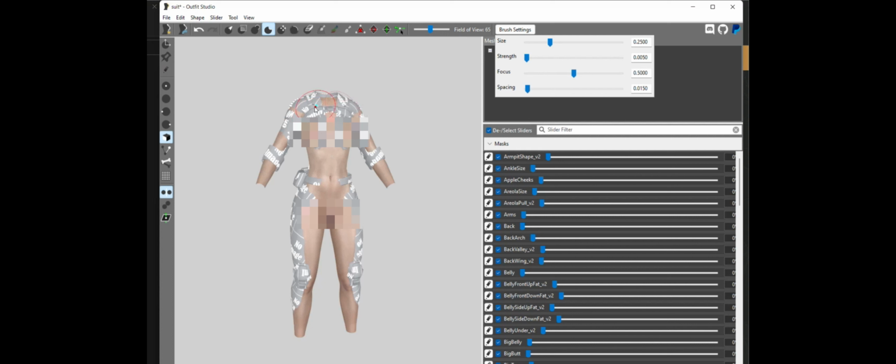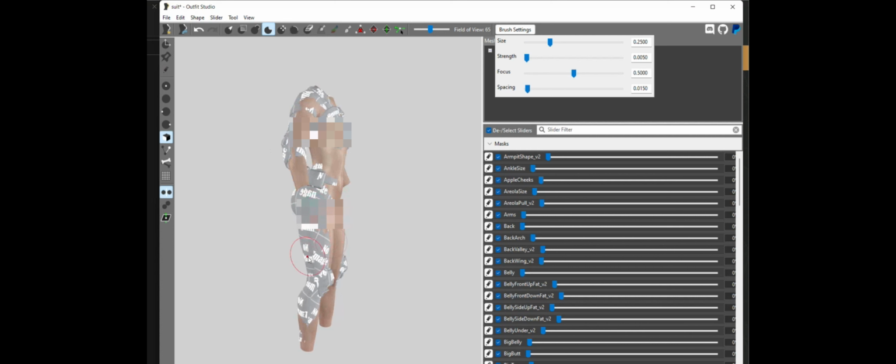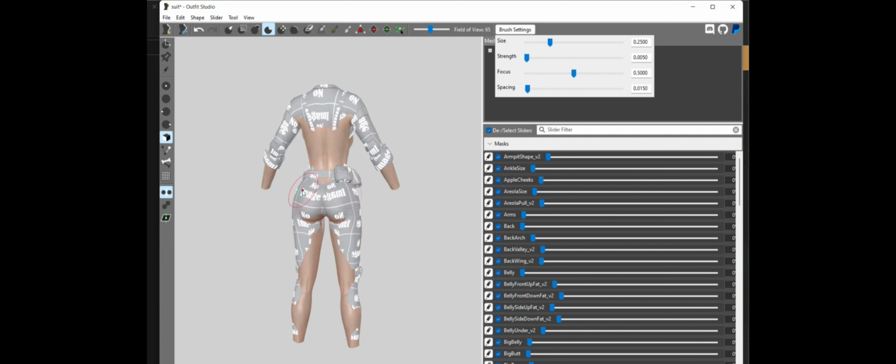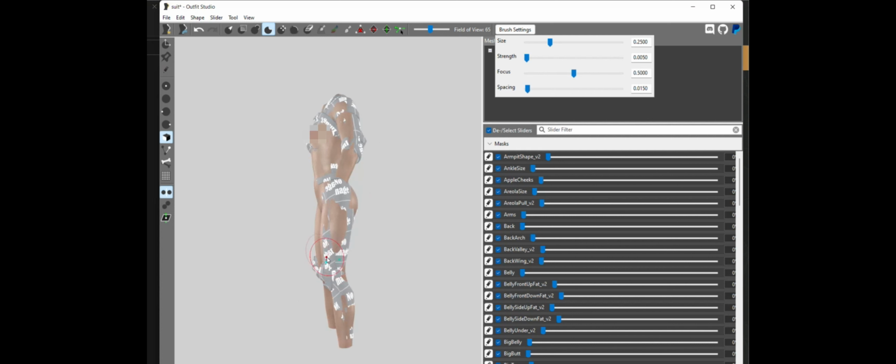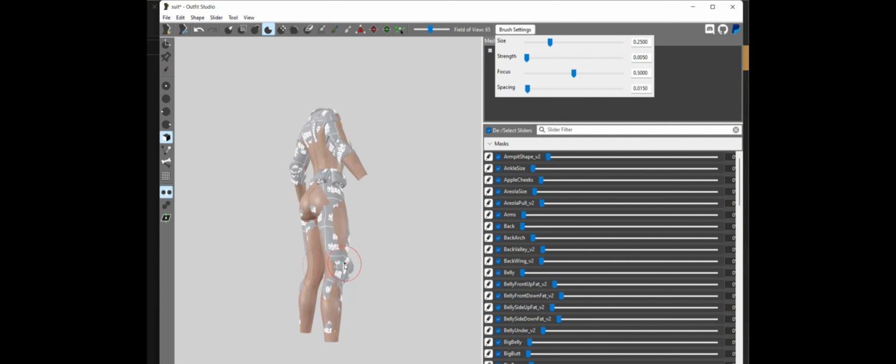I don't want it to go totally under the skin, because if it does everywhere, then it's very difficult to bring it back outside the skin later, and it will probably change the shape. But I just try to make it go as close as possible to the body shape.